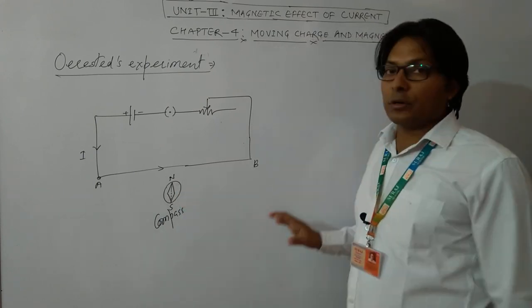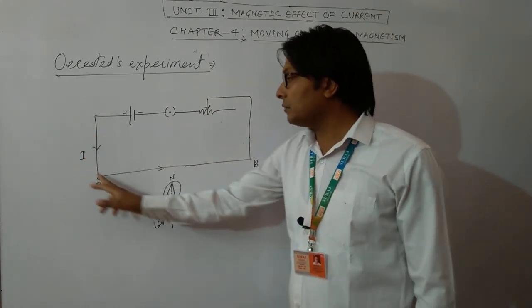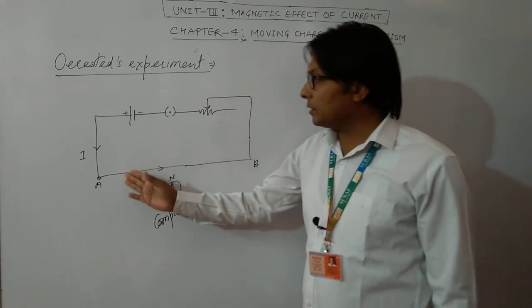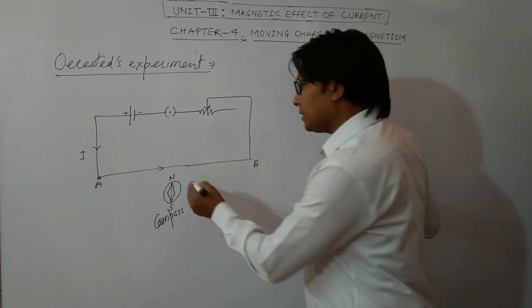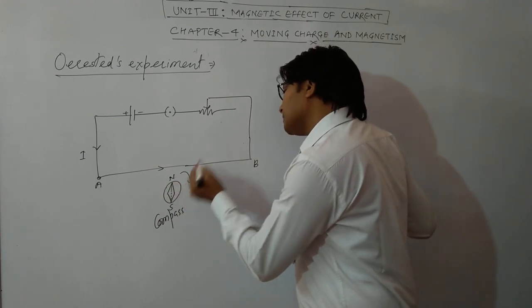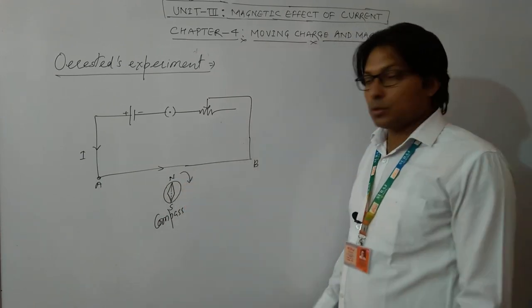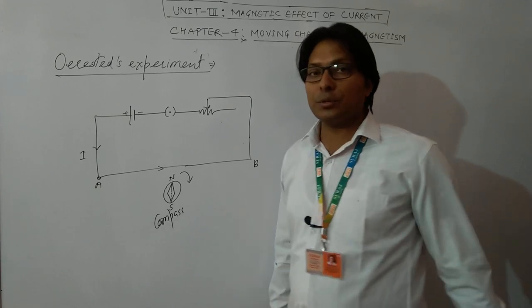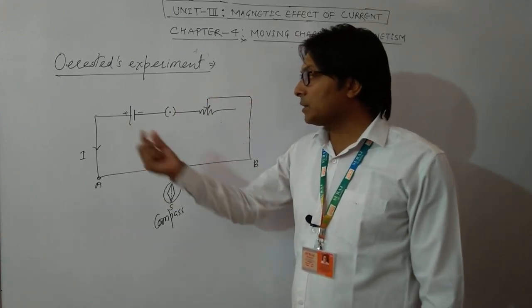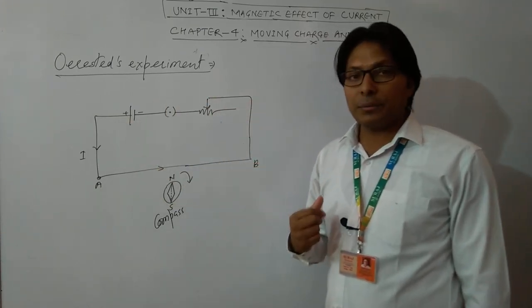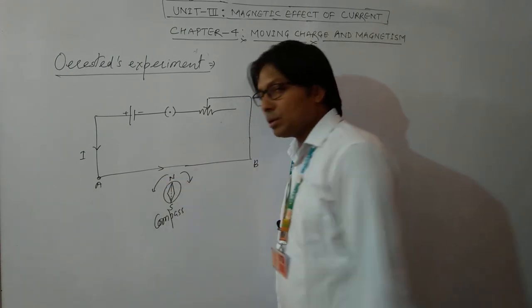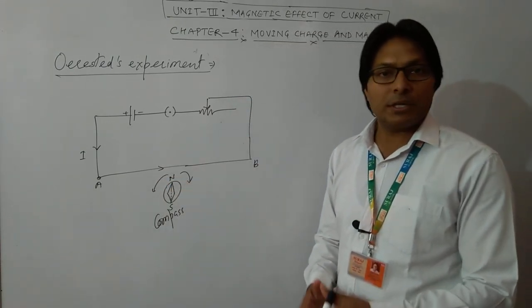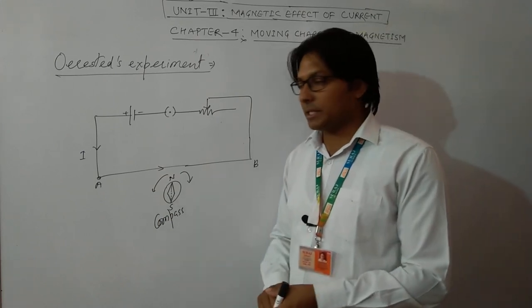He found that when current flows in this circuit as shown in the figure, the deflection is, suppose, clockwise. When he reversed the direction of the current by simply interchanging the terminals of the battery, the deflection came out in the opposite direction, although the magnitude of the deflection was the same as in the previous case.